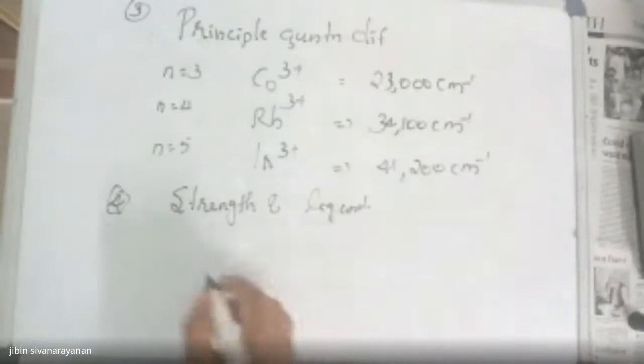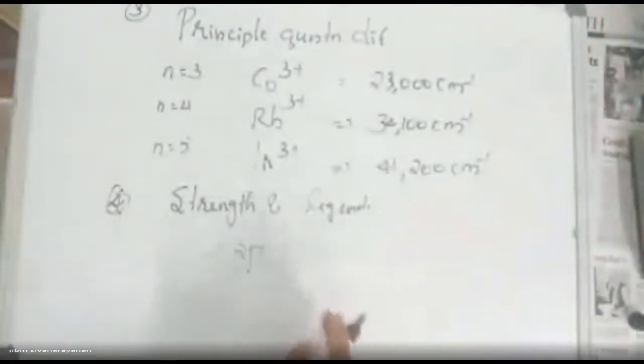Okay, so you have to keep in mind that you have to know where these ligands come in the spectrochemical series, which comes first, which comes last, not all, but at least the middle of the series. And you should know the idea. If you have any doubt about the series, you can come and ask us a question. So you have to know which ligands are in the series, which come first, which come last, and what are in the middle. So you can keep it in mind, not as a code, something like that. Okay.